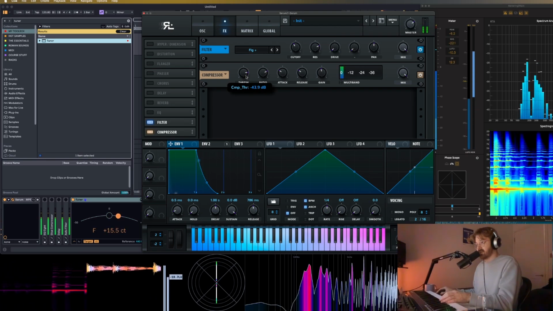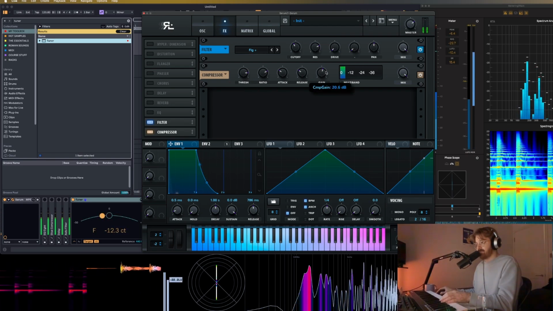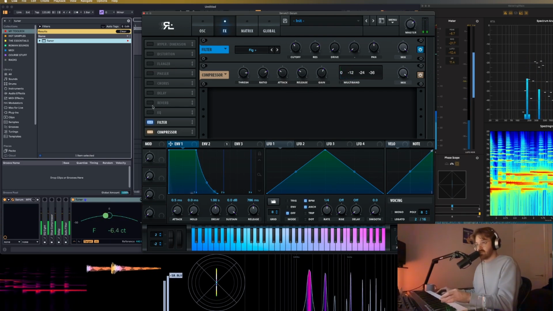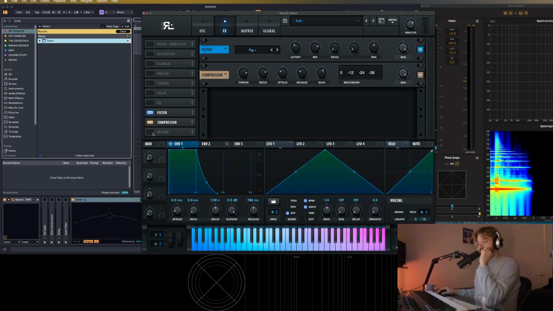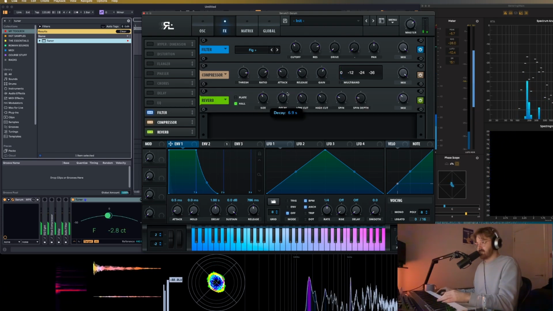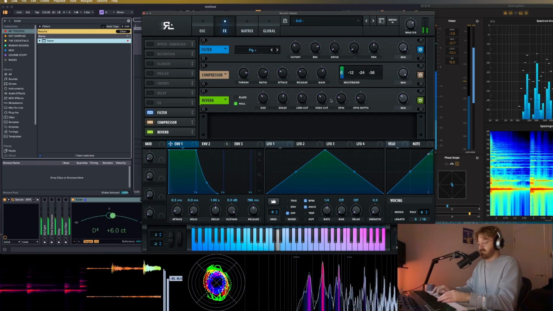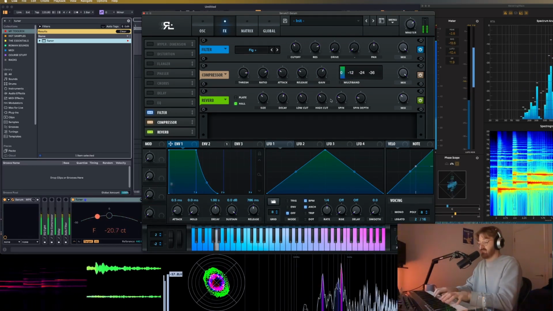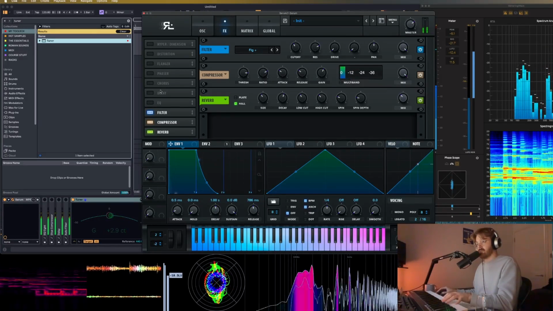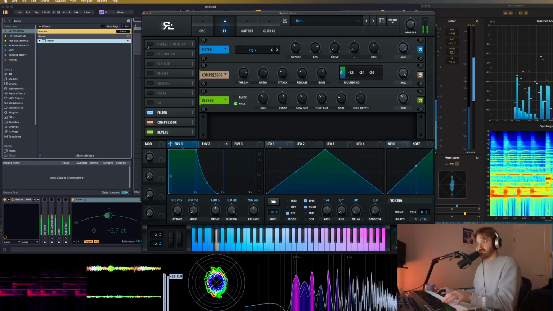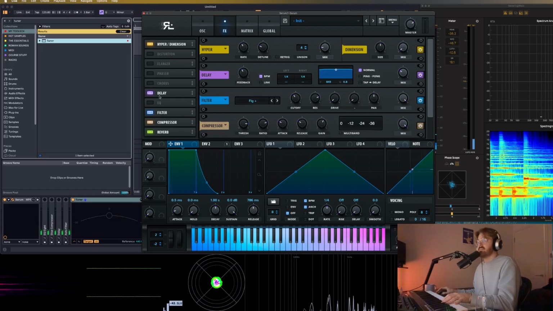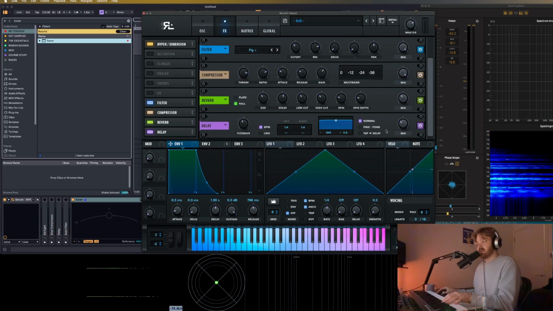Oh, sorry, I thought that was a gain. So yeah, added a bit of compression there to just glue that together, and then maybe we can go into a bit of reverb to give it a bit more space and vibe. Maybe a bit of hyper there, and then finish it all off with some delay that could work to make it nice and